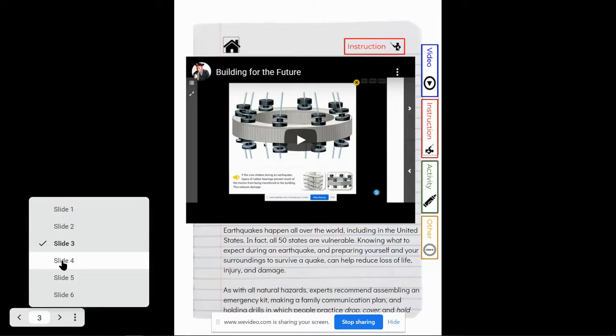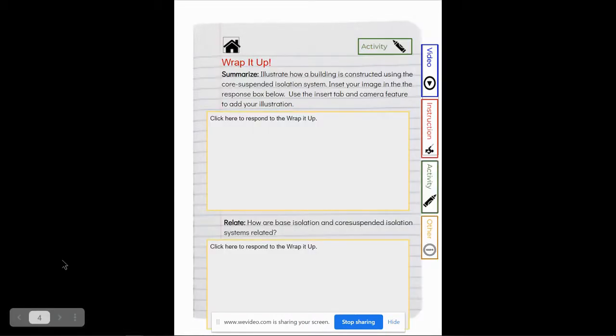Then, if you jump into your activity on slide 4, what you're going to do here is summarize. You need to illustrate how a building is constructed using the core suspended isolation system. Insert your image in the response box below. Use the insert tab in the camera feature to add your illustration. So you need to draw something on a separate piece of paper, and then insert that image here, using your insert camera, take a picture features in order to share what you summarize as this